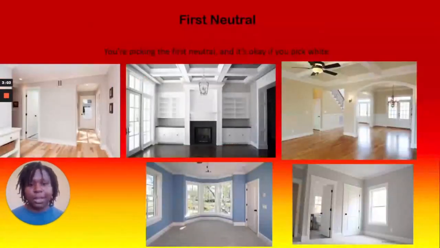So once you've examined what's around you, you're going to want to choose your first neutral. And it's okay if your first neutral is white, like we just talked about, because this is going to be your trim. And if you're okay with the trim you already have, then you're just going to want to take note of that trim's color and use it for spaces such as cabinets, the inside of cabinets and closets, those type of things.